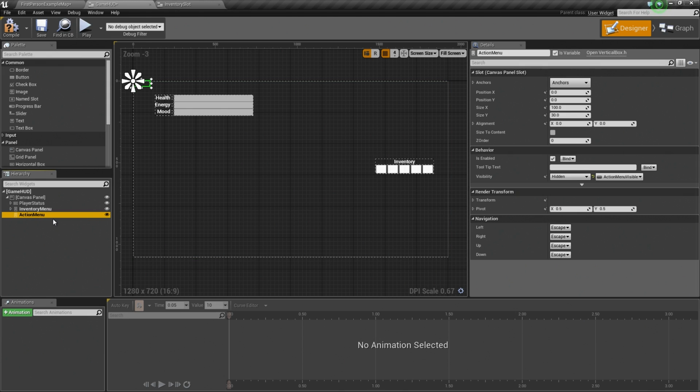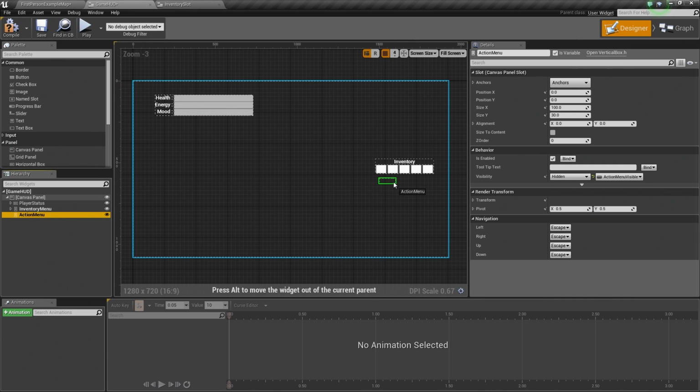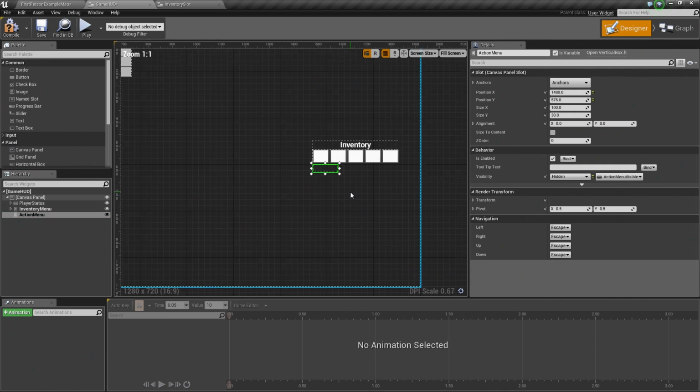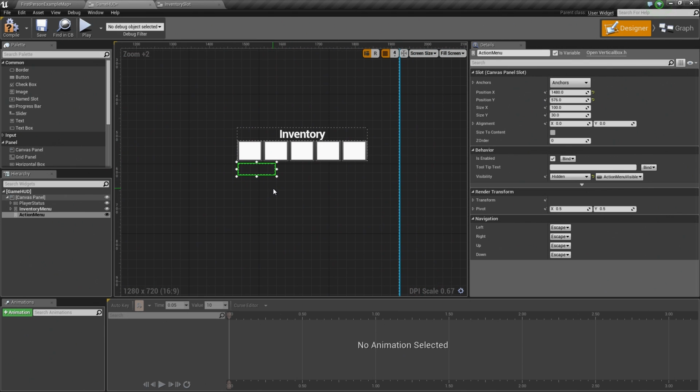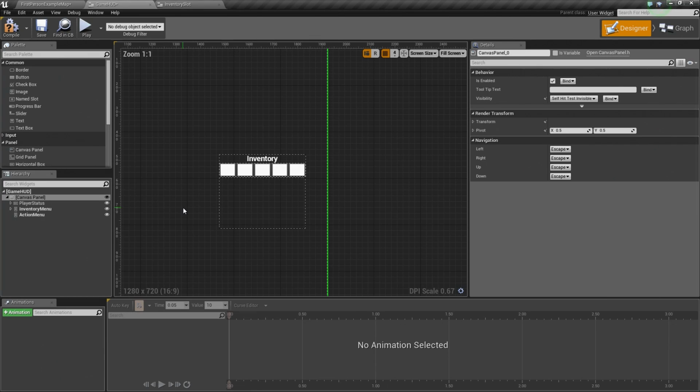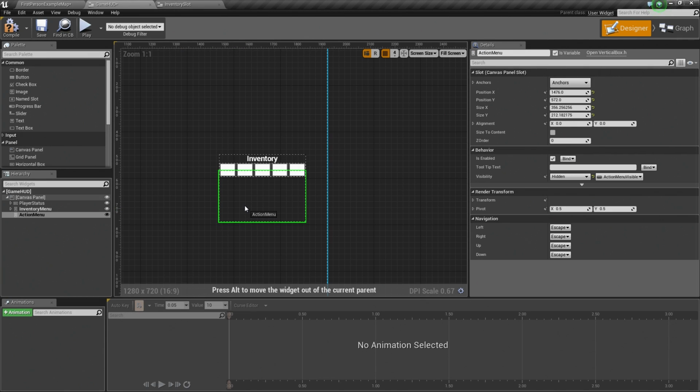Now there's some other things that we need to do as well. Let's grab our action menu here with it selected in the hierarchy. Just going to left click and drag that over to the inventory so that it's somewhere near the inventory. So mouse wheeling in to zoom in and out, right clicking to drag around. Probably should have mentioned that earlier, but I guess I can mention it now. So I'm going to drag and line this somewhat up similar to our inventory menu. Just going to stretch it out like so. Pull this down a little bit, something like that. And what I'm going to do is let's actually move it up and split the difference of our inventory menu.